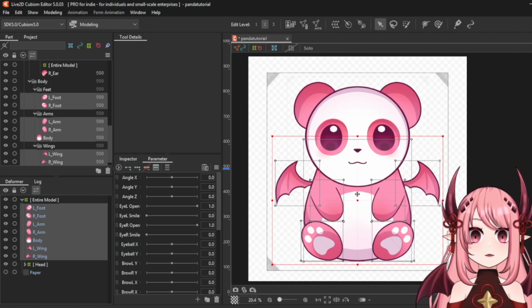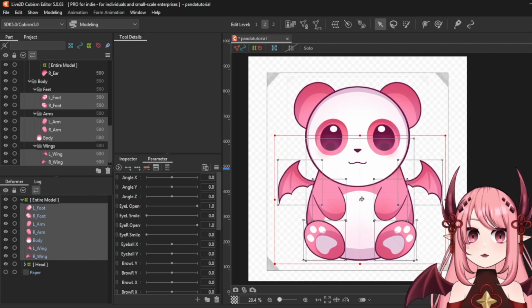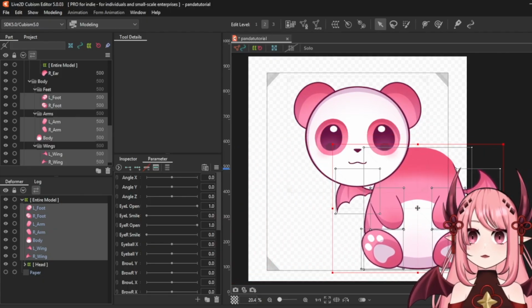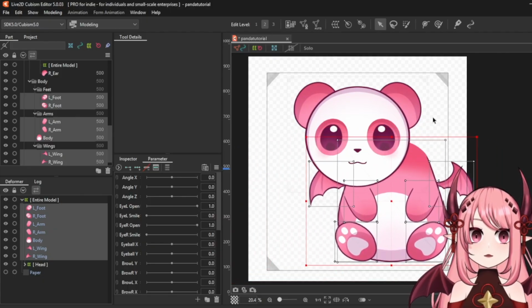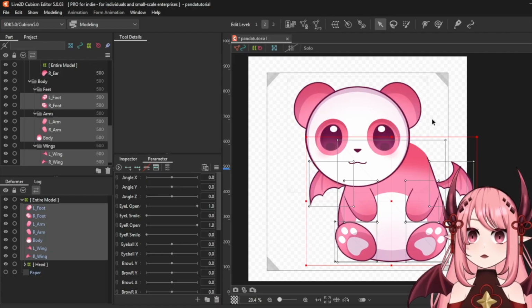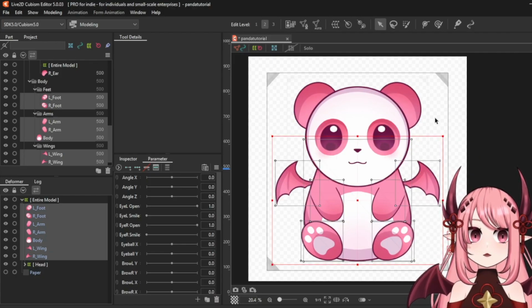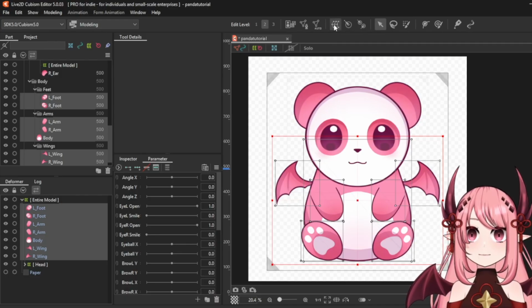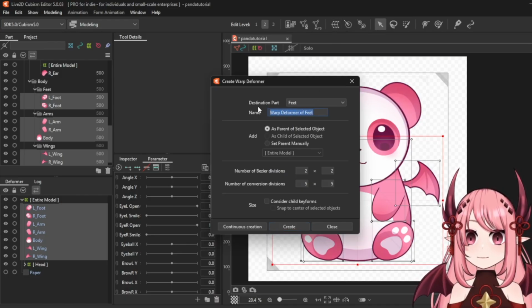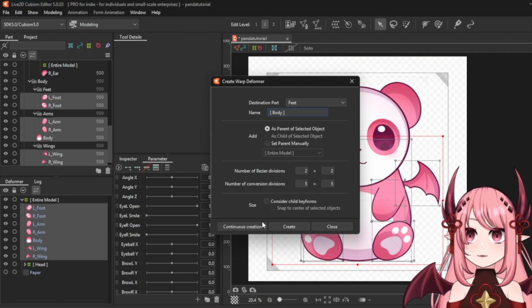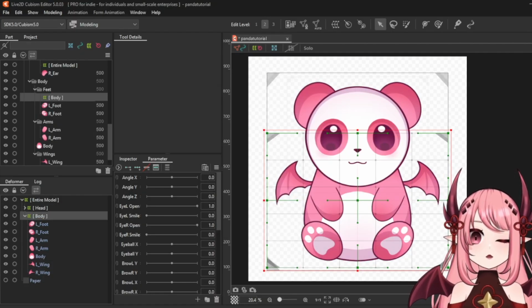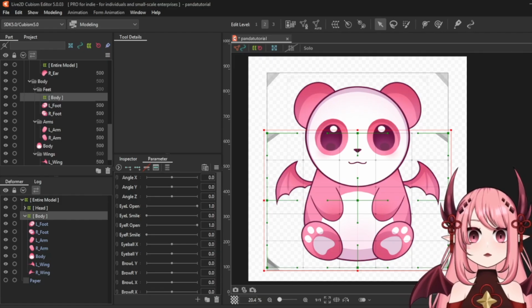To double check to make sure I have everything from the body, I just move it to the left and the right to make sure I didn't accidentally grab any head layers, which it doesn't look like I did. Hit Control Z to put the body back into place. Go back to this Create Warp Deformer button, and we'll label this the body. This organizational method is going to make things so much easier for us when we really get into the nitty-gritty